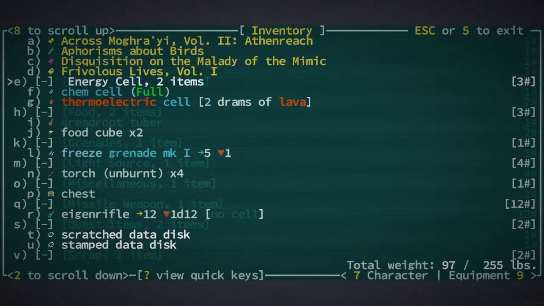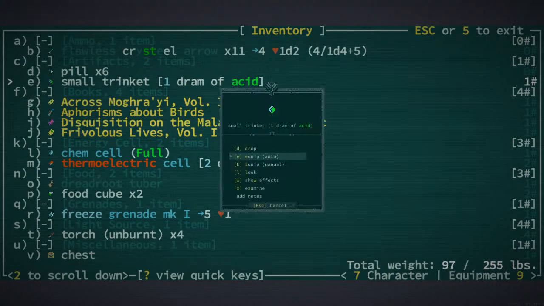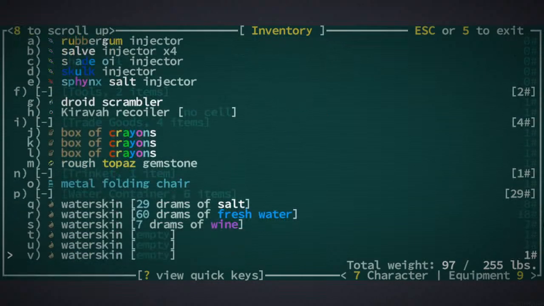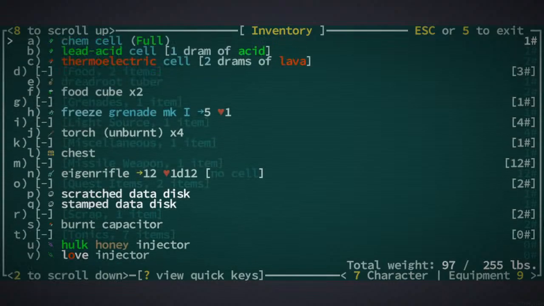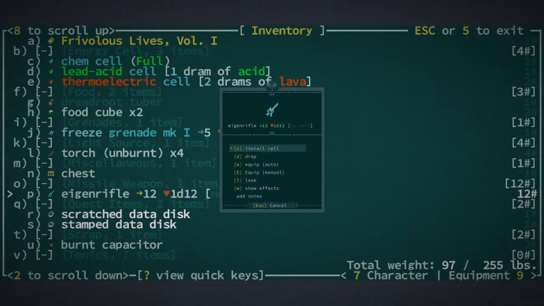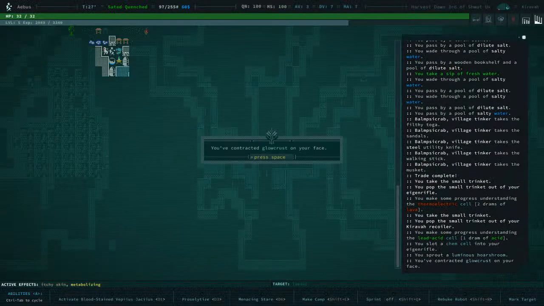And these aren't as good. Where did it go? These aren't as good, but I did find some acid earlier. So I will make a small trip back to the lair to fill up the cell. And I don't think I've ever used an Eigen rifle with a regular chem cell, because at that point I usually have...